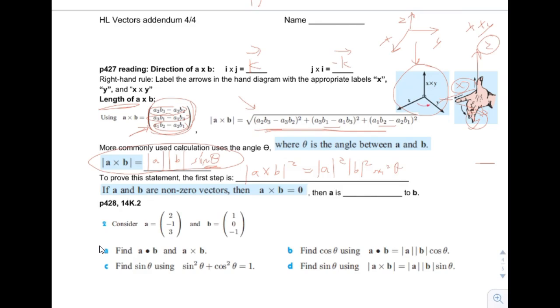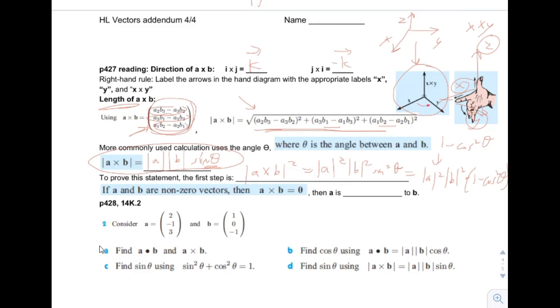Okay, and then what they do is they say, well, sine squared theta, I'm going to substitute in for sine squared theta 1 minus cosine squared theta, right? Because of Pythagorean's theorem, sine squared plus cosine squared equals 1, right? So they're going to do this substitution here, and you're saying, well, why the heck would they do that? Well, the reason why is they're going to sneak in cosine theta in here, and then that'll allow them to use